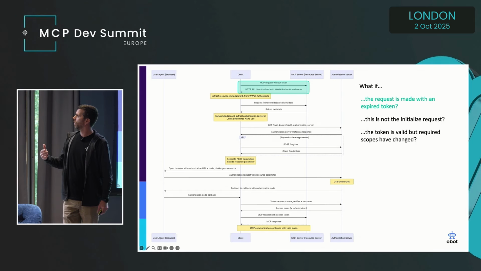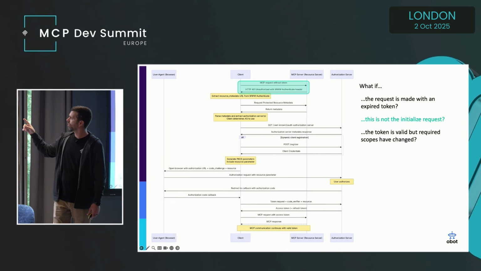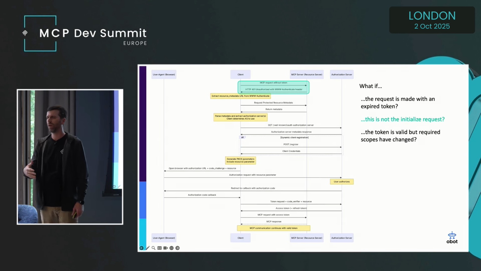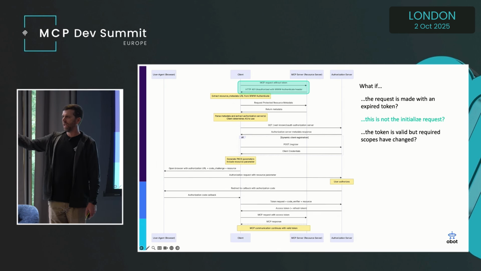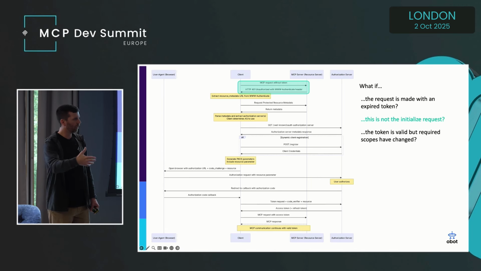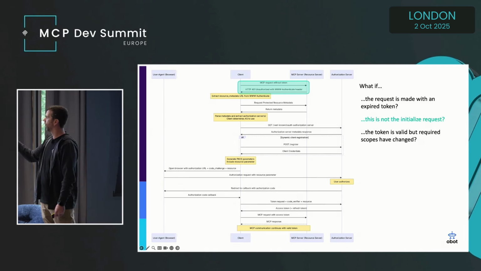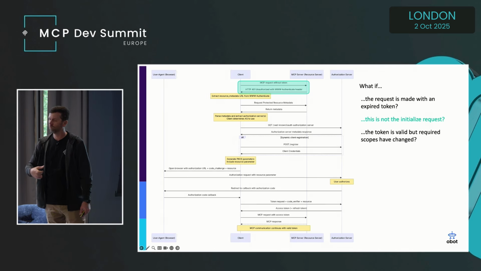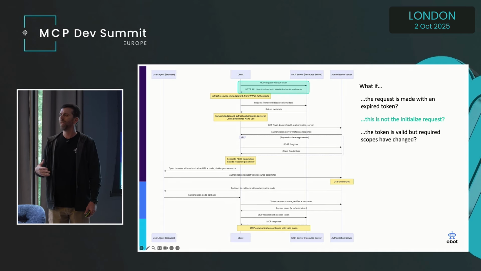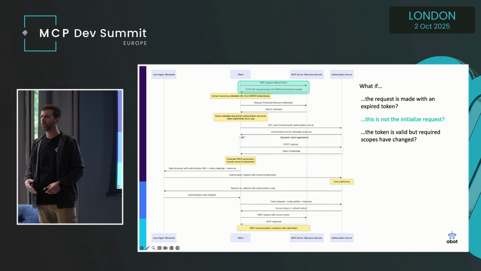So if the request is made with an expired token, I've already kind of went over that. This one here is the interesting one. What if this is not the initialize request? This is a tool call or a tool list or a resource get or whatever. I like the way that we did it, of course, but Nanobot does this by just doing the whole flow again. So if you make a tool list request and you get a 401 with the correct WWW-Authenticate header, we just do the whole flow again. That's easiest for the user is what we found, and that's kind of my theme when we get to some later things, is what's easiest for the user.